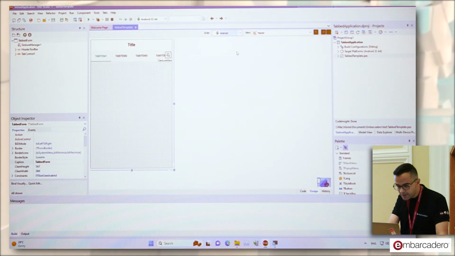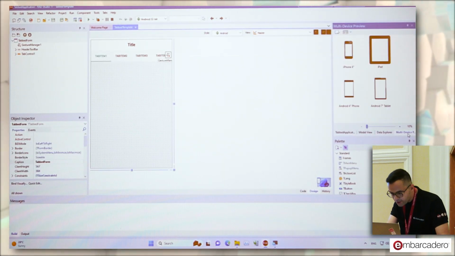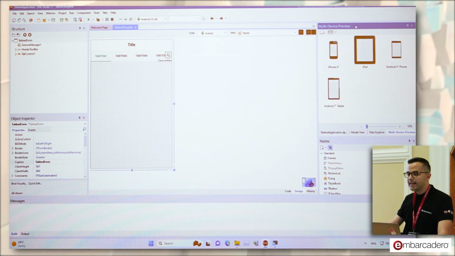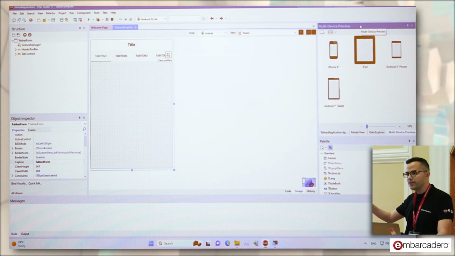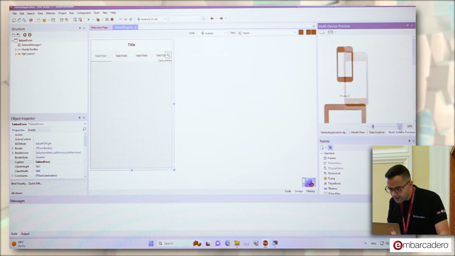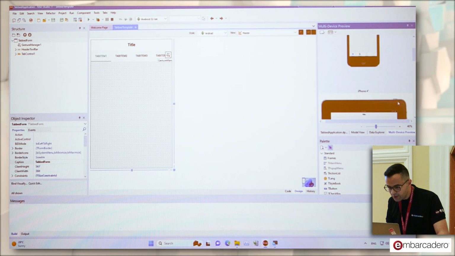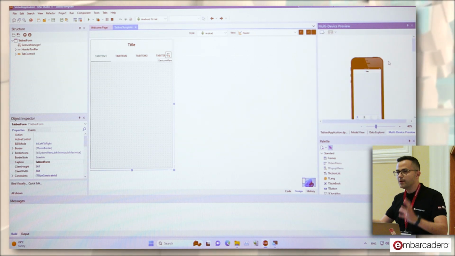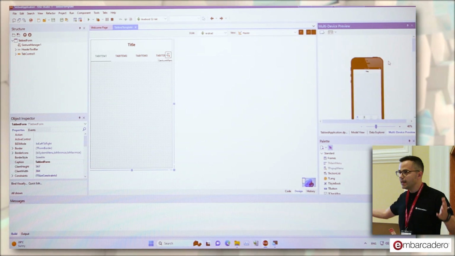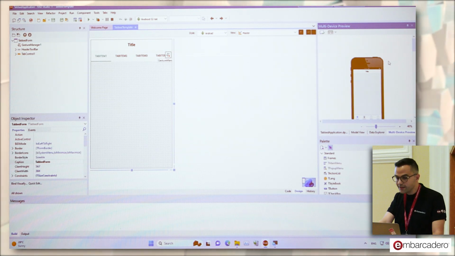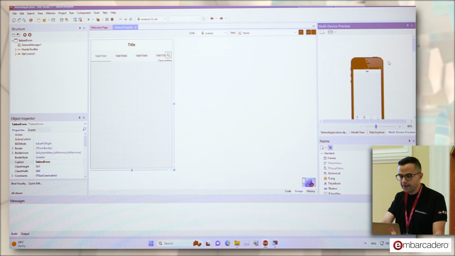And if I really want to go crazy, we have the multi-device previewer here on the right that you can drag and drop and detach this panel and drag it to another monitor, for example. And then you can see straight away how it's going to look in multiple devices. And you can configure, obviously in this case I have these iOS devices, but you can add Android or you can add Windows, whatever you want, and you can see how it's going to look, the UI, in multiple devices without even needing to compile anything.